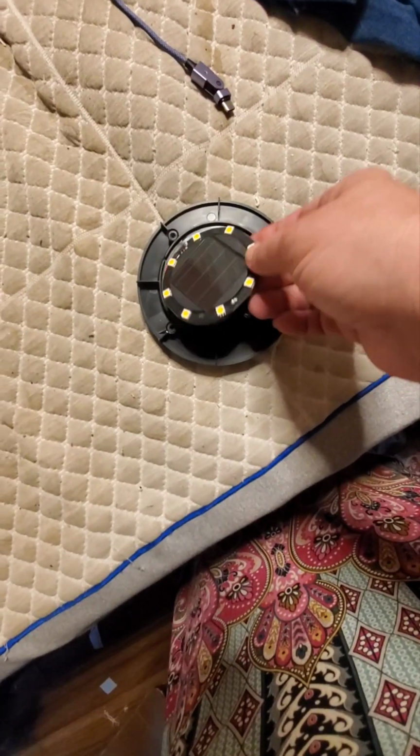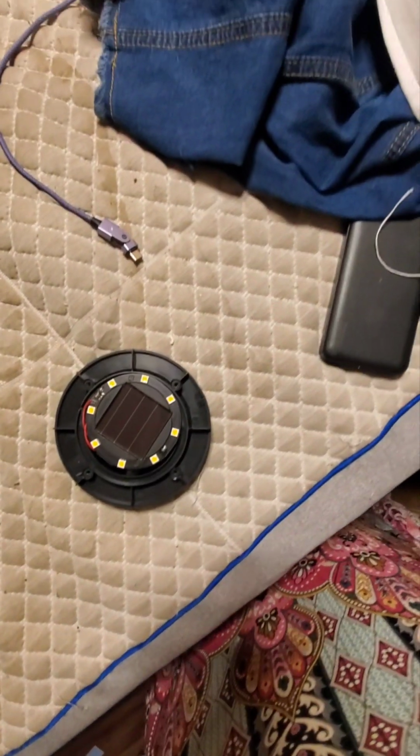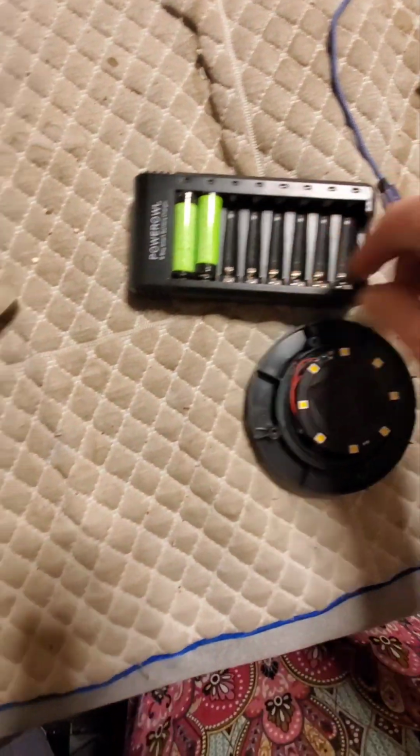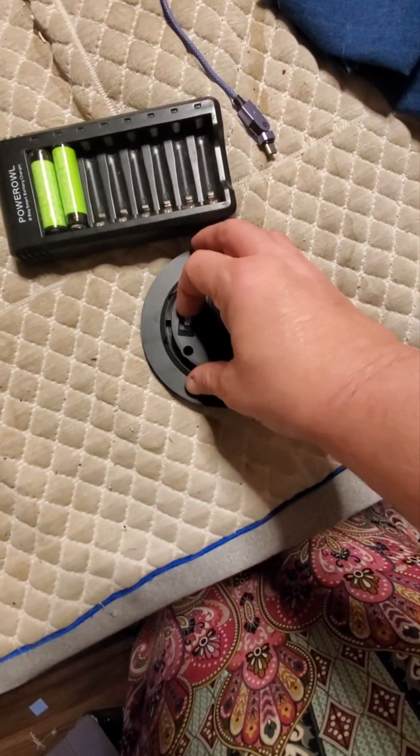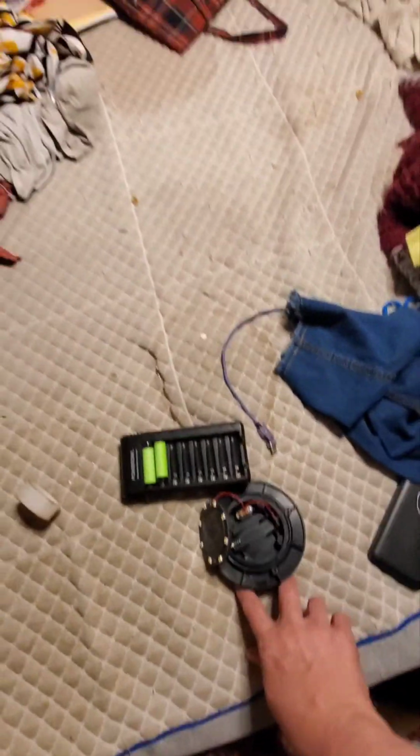I don't know. I also figured out my little disc lights. One of them wasn't working, and it was one of my brand new ones. So I unscrewed the thing and I stuck a regular battery in it. You can use it as a battery operated lamp. Nice. Yeah, see, this one wasn't working, so I stuck this rechargeable battery out of one of them, but it was off. Now it's on, and the battery fell out. Excuse me for this. I spilled coffee over there, but